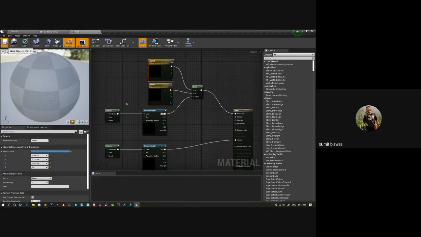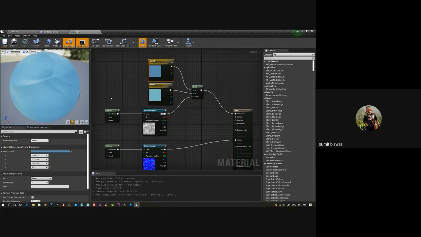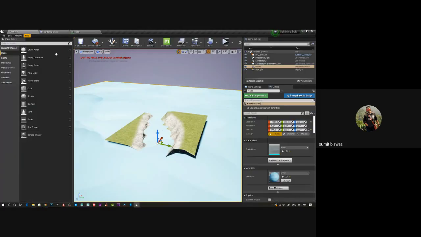Why is it taking so long? So you can see I still instantly got the colors, 2 different colors. So I can modify this. These 2 are parameters, so I can change the color. So here you can see the color.